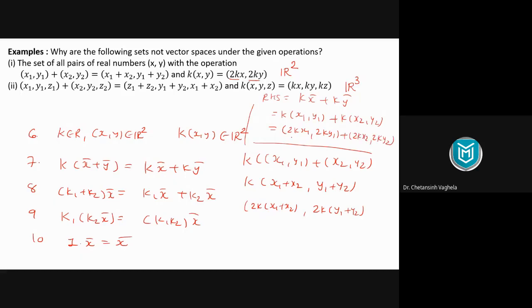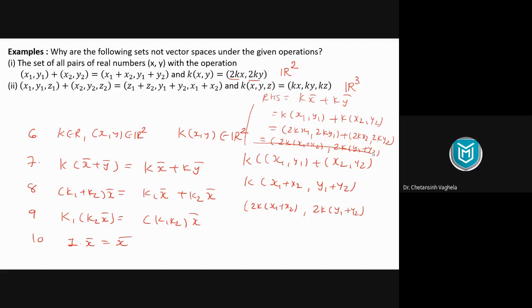Now I need to take vector addition. That is our usual addition. So what will we get? 2 times k is common in both the components. So it is (2k(x1 plus x2), 2k(y1 plus y2)). Now LHS and RHS are the same. So this condition is satisfied, Raj. No issue with this condition. This candidate has lost. Who else voted for condition number 7 apart from Raj? So it was me, Smriti. Smriti, is it clear why condition 7 is not creating a problem for us? Yes, sir, got it. Okay.